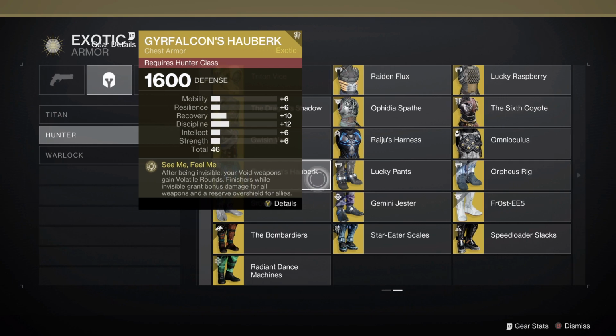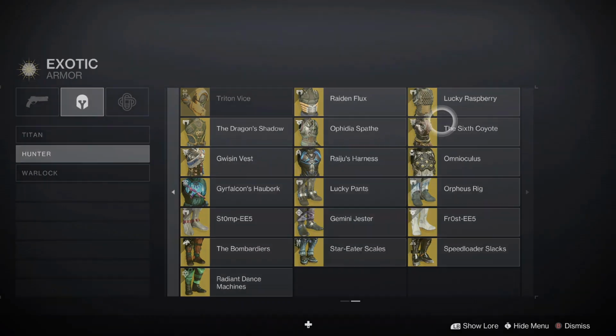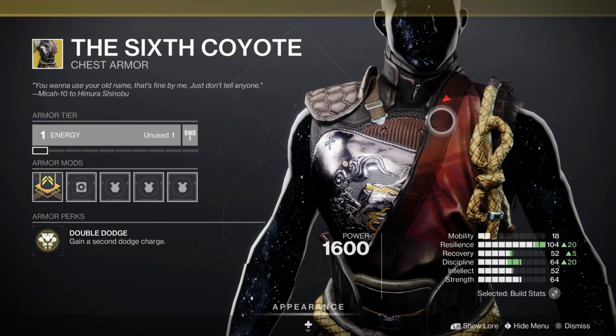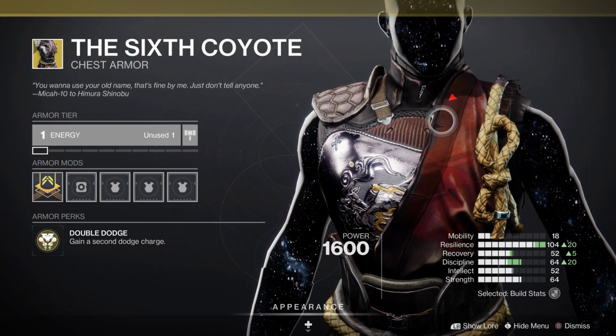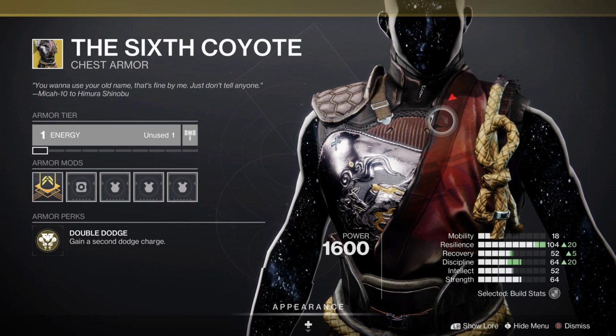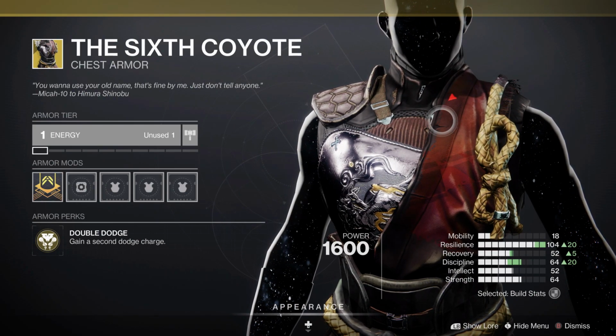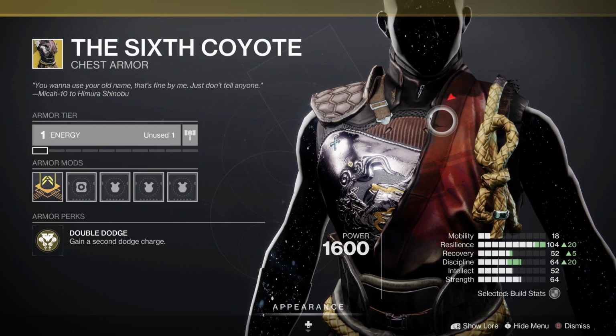Then, as well, you have the 6th Coyote. This is possibly one of the general best ones of all your classes. This is the best neutral game in the way that it just gives you a second dodge charge, and that can apply to all 5 subclasses for Hunters. Almost any class or any subclass benefits from the dodge in some way,